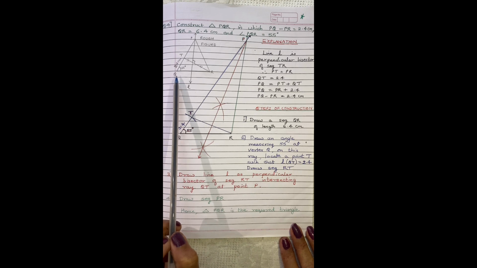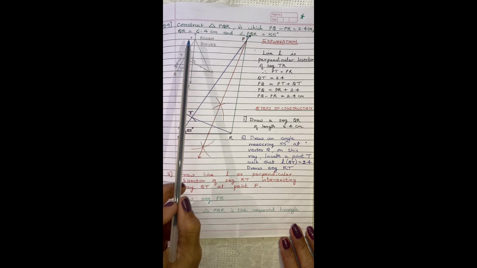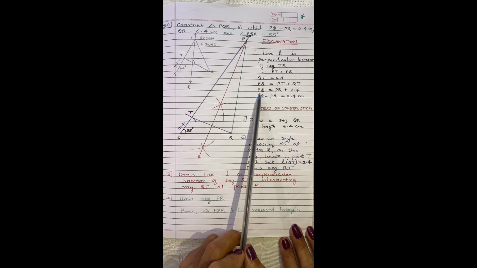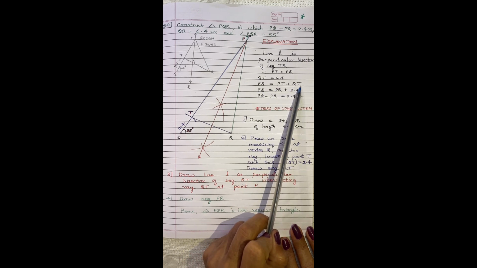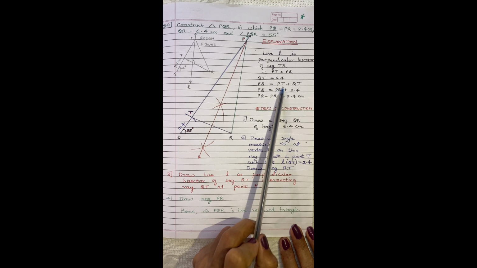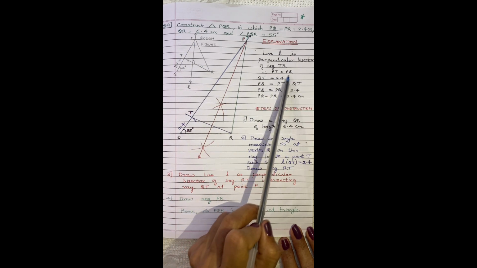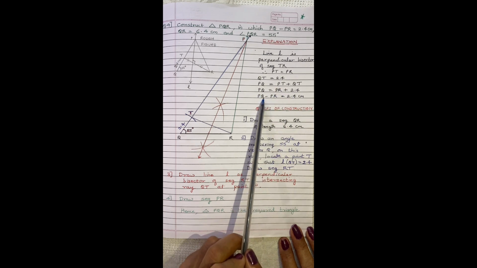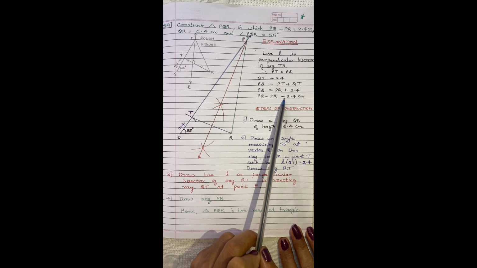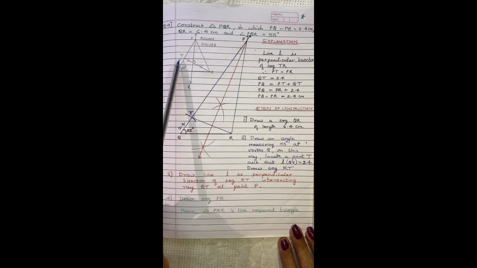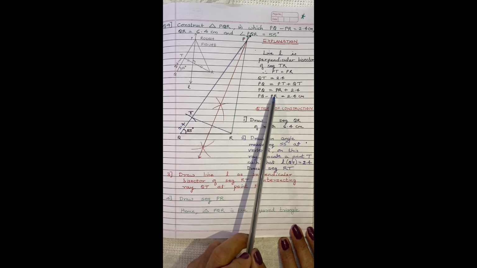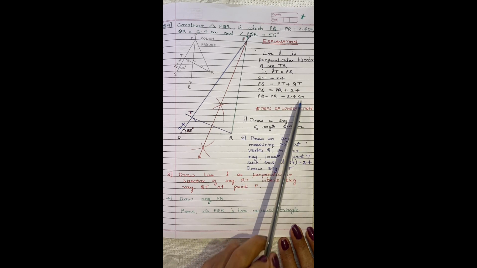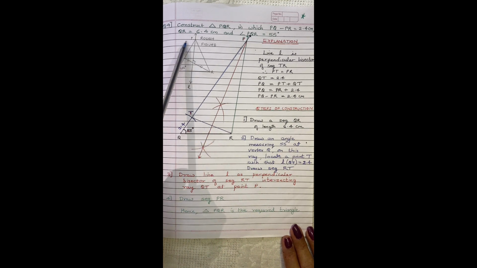PQ is equal to PT plus TQ. So PT plus QT or TQ. And PQ as it is, PT is equal to PR, right? We have just seen here. So we will substitute PT as PR plus 2.4. So PQ is equal to PR plus 2.4. PQ minus PR is equal to 2.4, because both these are equal.